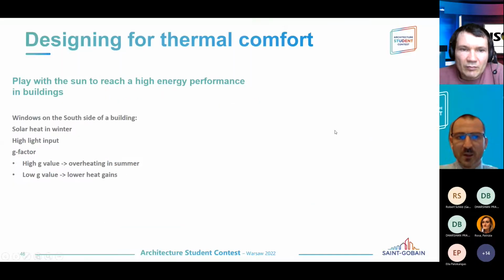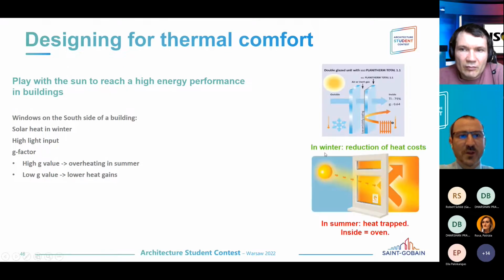We were speaking about designing for comfort, and we were looking at the part where we said, okay, let's look at how the windows could support me to bring some more extra energy into the building, therefore allowing me to have a far better energy balance from this point of view. And we were speaking about the different characteristics of the windows, among which one very important